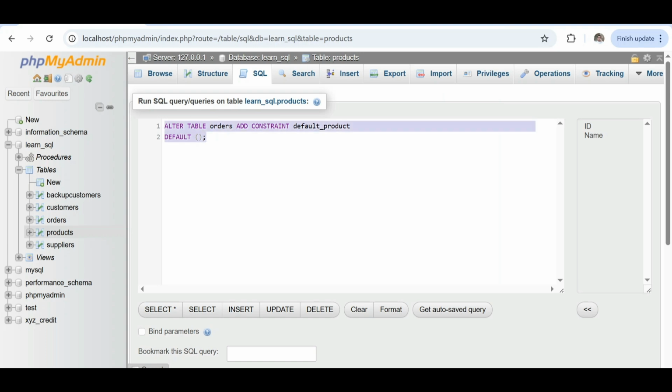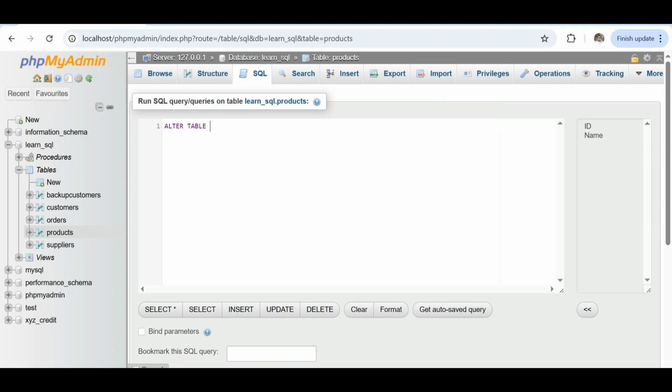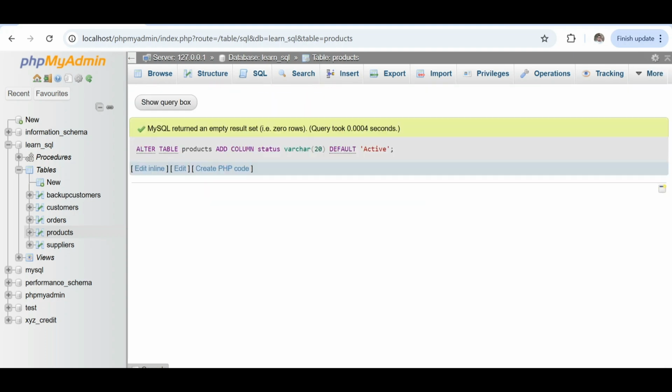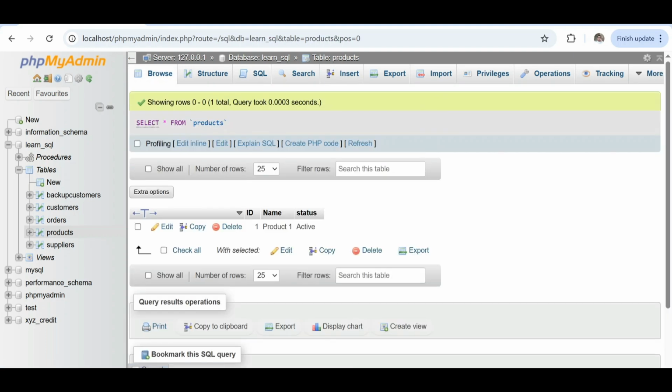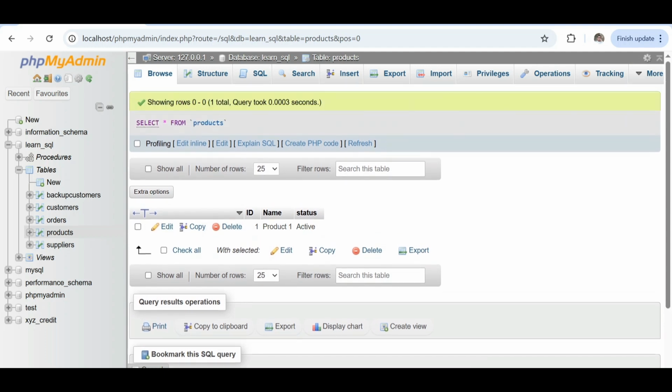Maybe for the default constraint I will add a new column: alter table products, and I will add column status with varchar 20 and the default is active, and go. Okay, now we have a new column that is assigned active by default.